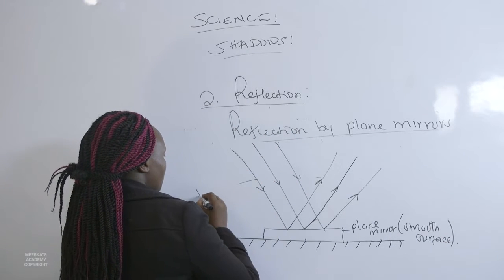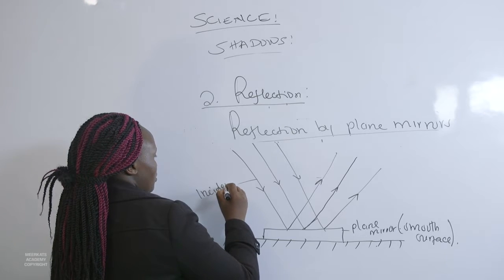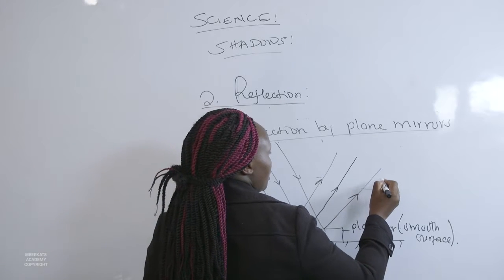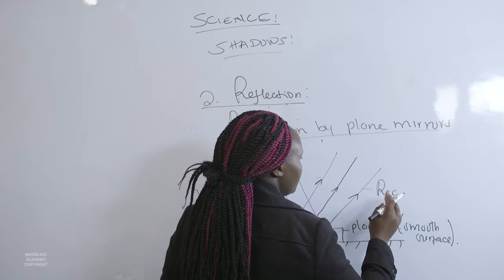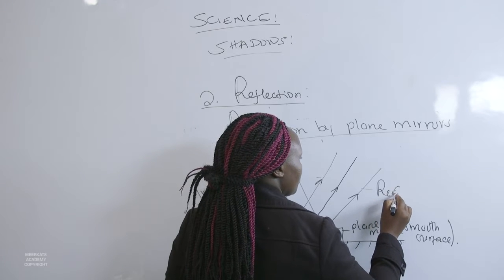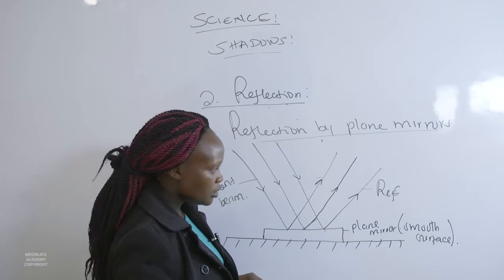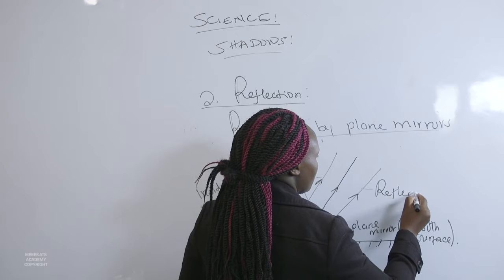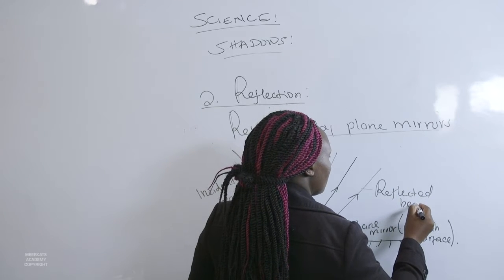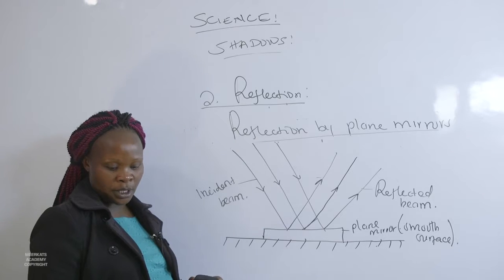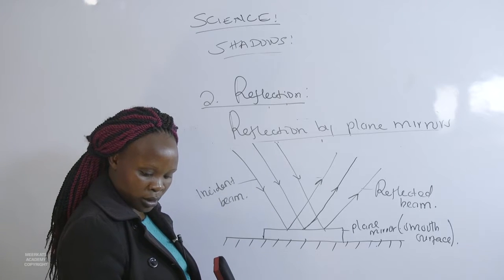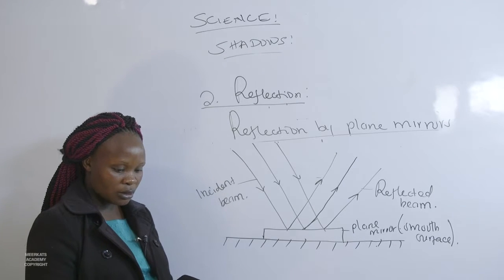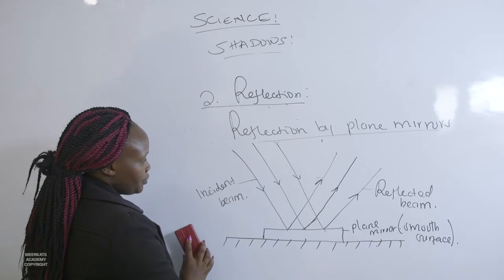Then we have the incident beam, and we have the reflected beam. We have the incident and we have the reflected beam. An example of a smooth kind of reflection. Now, with that,